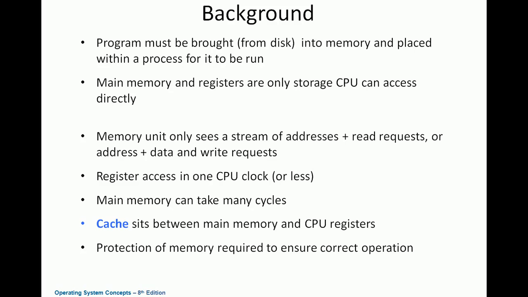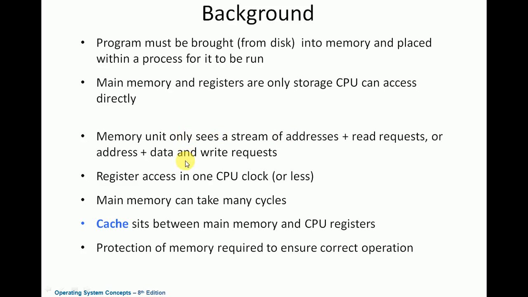We all know that CPU can directly access only two things, that is CPU register and main memory or primary memory. We know that CPU itself consists of different registers like accumulators, base registers, index registers. Yes, CPU can have access to these registers directly, and also CPU can access main memory, but CPU cannot access secondary memory. That is why the program which is stored in the secondary memory should be brought into main memory, and the CPU is going to fetch the instruction from the main memory or value from the registers to execute the program's instructions one by one.